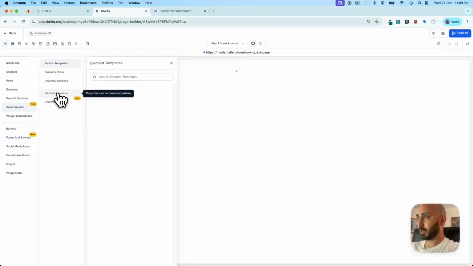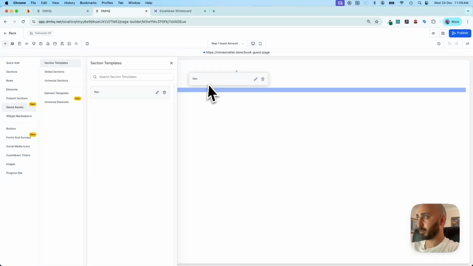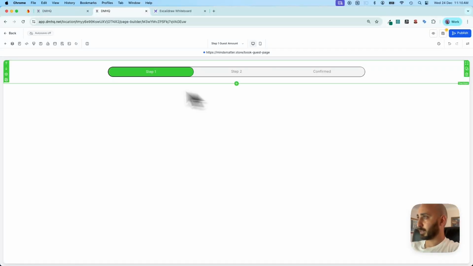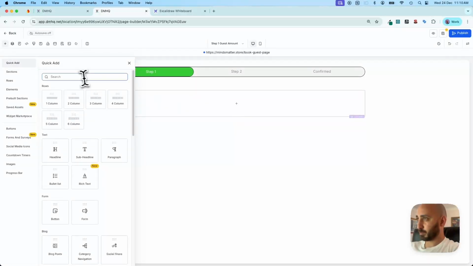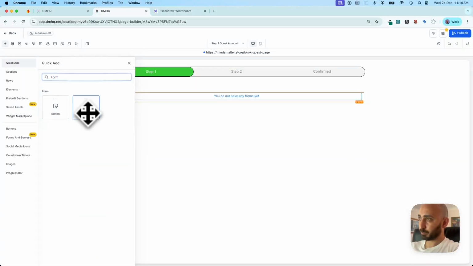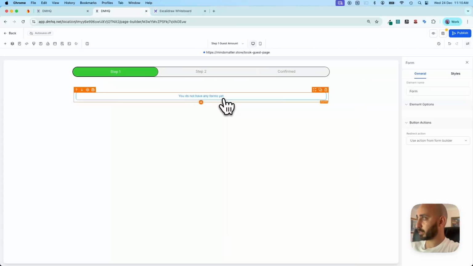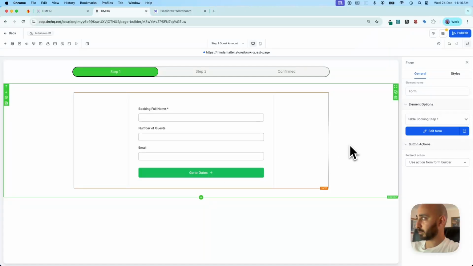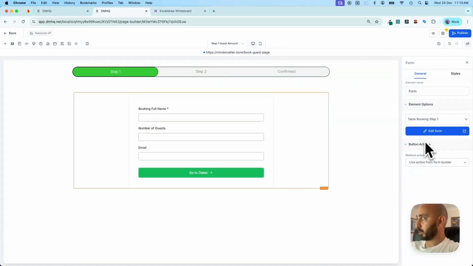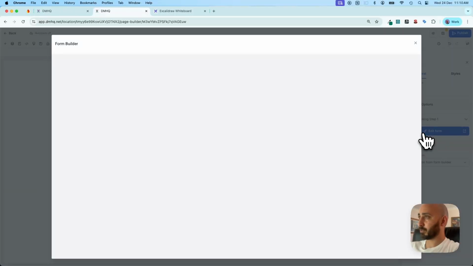I've got a saved element here, a template called nav, and I've got the steps here. So we'll use this as a bit of a guide. And now we'll get the form, and you probably guessed it, the form that we're going to be using, step 1. Great. Now what I'm going to do here is keep the redirect action to use action from form builder, and then we're going to edit this form,